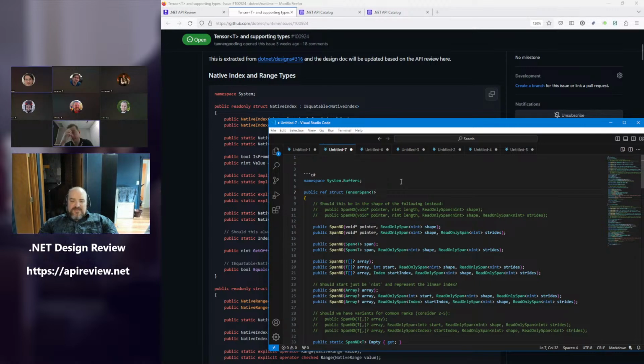Primitive types that don't exist in core lib are fun, but we could probably work it. Having the inference work would be great, especially given the problems you have with span versus read-only span versus T-array and other things today. I think it'd be slightly less problematic for tensor span because most people aren't going to have multidimensional. It's kind of two parts.